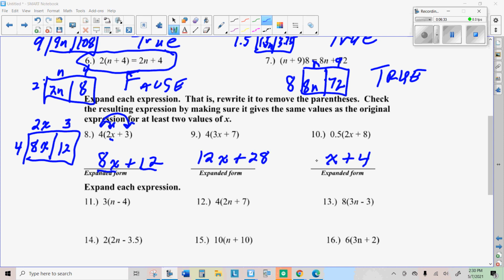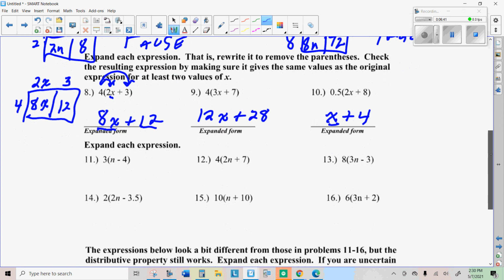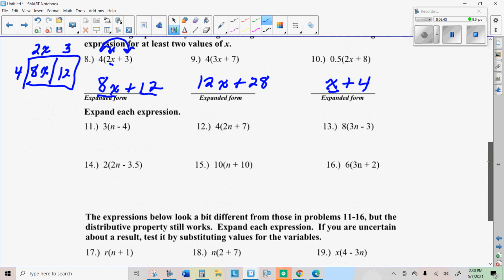All right, notice how I was kind of lazy on this last one. 0.5 times 2 is 1x, but 1x is the same as x because 1 times any number is just the number. All right,